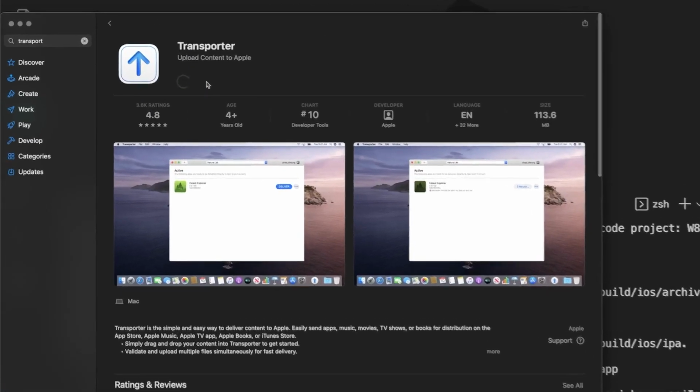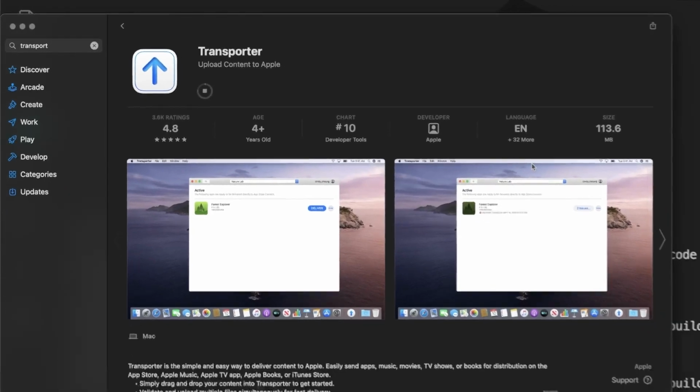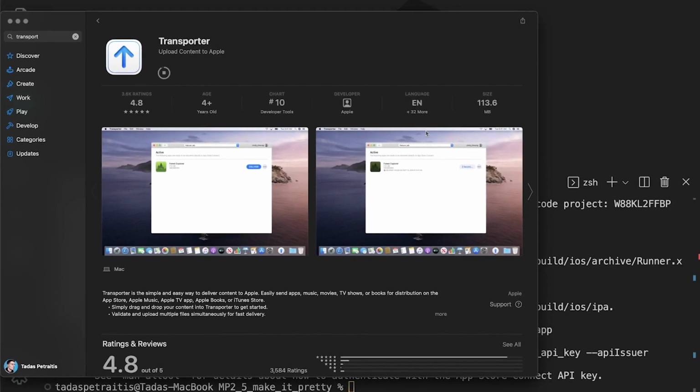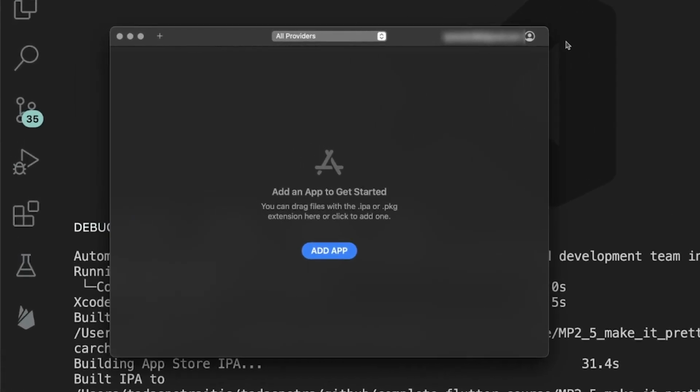So this is the app. I'm going to need to install it because I don't have it. The reason I don't have it is because there's another way you could do it directly through Xcode, but it seems like this is the easier way, and why not make it easier for us? So this is what the application looks like. You need to log in